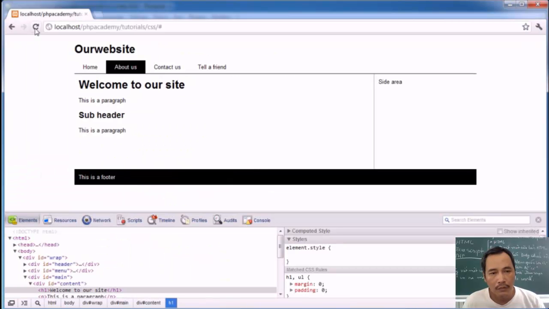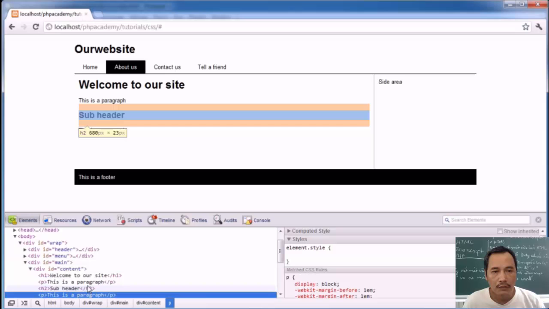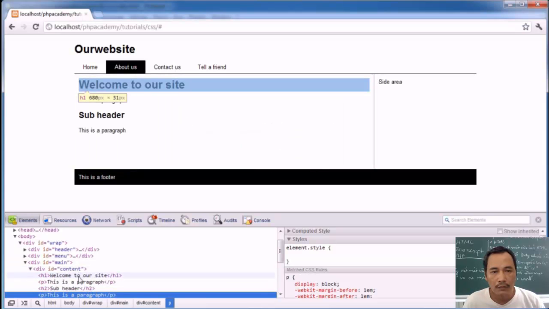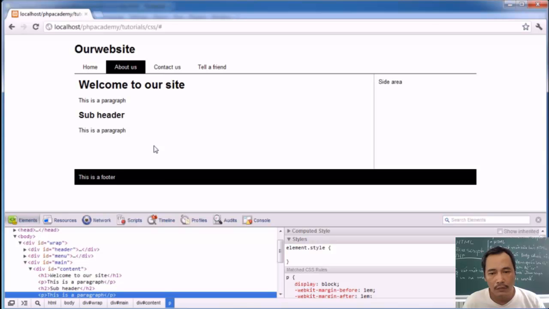And just looking at things like default spacing on paragraphs, we've got this margin on the top and the bottom. And remember that when we created our H1s, we had no padding or margin around it at all. For the subheader, you can go ahead and target these specifically within the content area. The point is that we've laid out a basic site layout, relatively straightforward. We've dealt with floating, we've dealt with